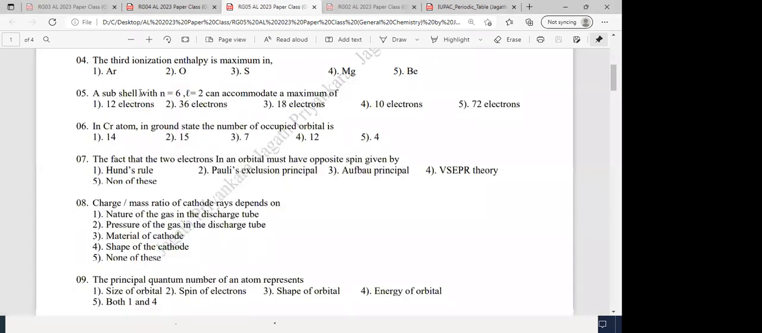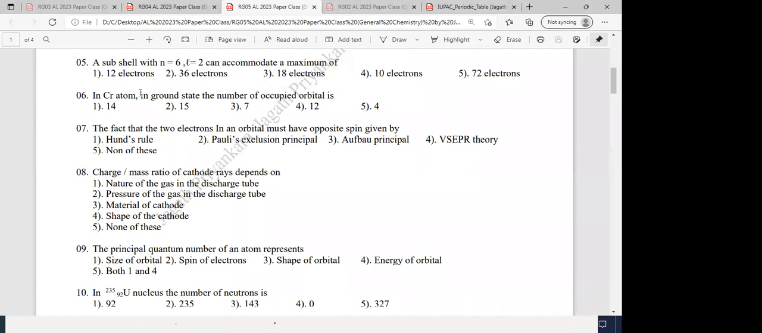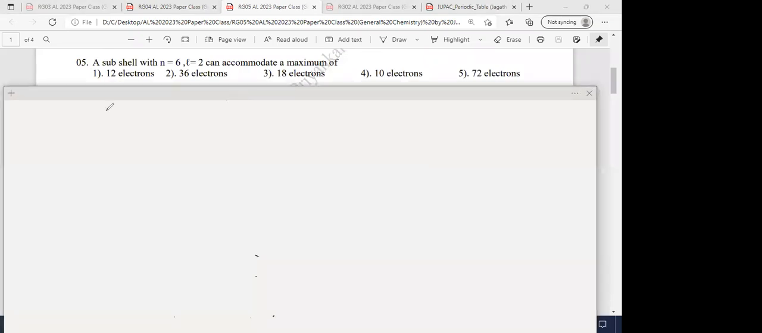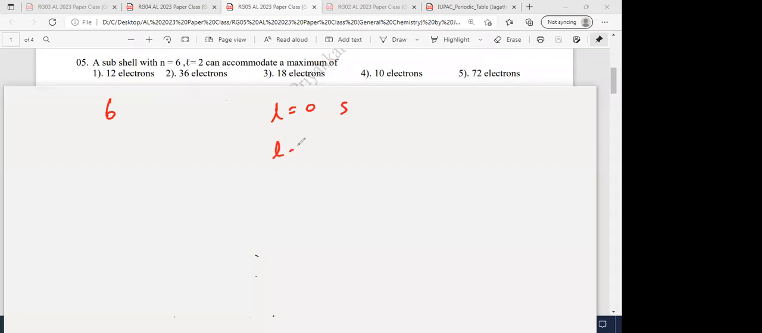Subshell with n equals 6, l equal to 2 can accommodate a maximum of how many electrons? Yes. How many electrons can this accommodate? n is 6, l is 2. l equals 2 means what? l equals 0 means s, l equals 1 means p, l equals 2 means d, right? So that is 6d. 6d can accommodate how many electrons maximum? Answer is